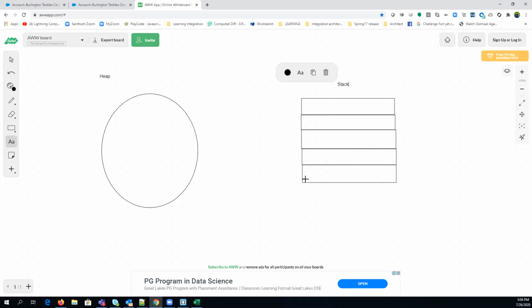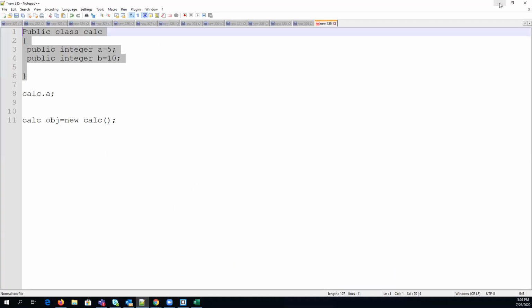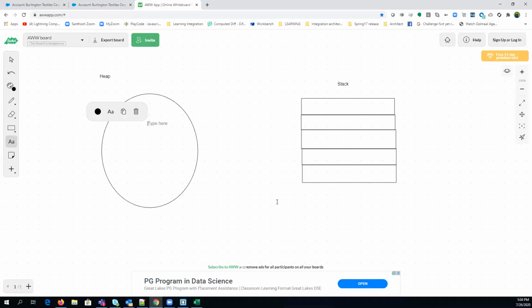So every time you are creating a class, that will be saved in heap. The reference of that class will be saved in heap. We have just created a class called calc, so this particular class and its members will be saved into heap. And heap is a bulk memory location. It is like a godam, like a storeroom.